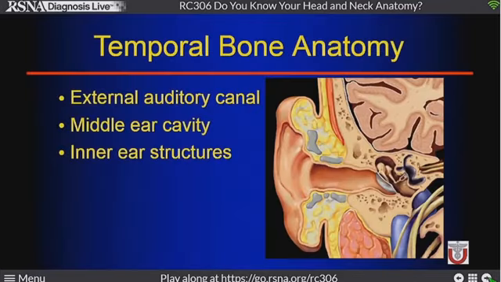So I'm going to start from the outside and go in. In the interest of time, we're just going to think simplistically about some of the big important anatomy regions and areas that we look at. So we'll start with the EAC, then look at the middle ear, and then look at some of the inner ear structures and some of this subtle anatomy and try to differentiate who the winners are here in the crowd.